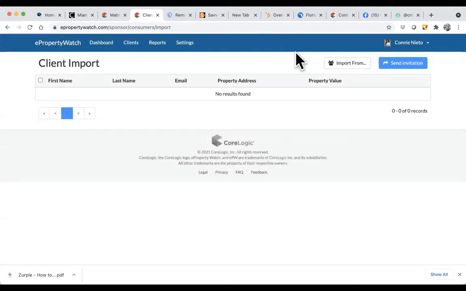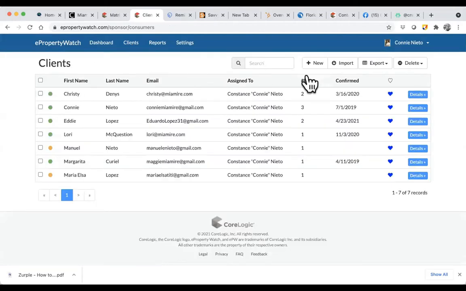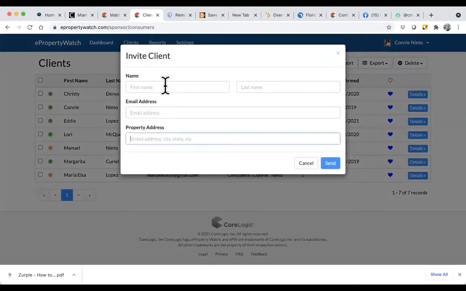If you're like me and you like to do things just one at a time, right? You can come into the client area. Okay, right back here. And notice that I have a few. And you can add one by one. So we've talked about importing from the MLS, importing directly from a spreadsheet, and you can actually click new and start importing. So I can actually put in here